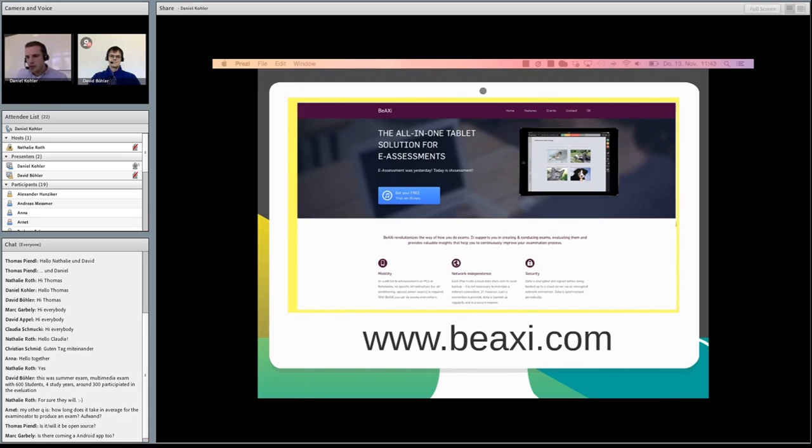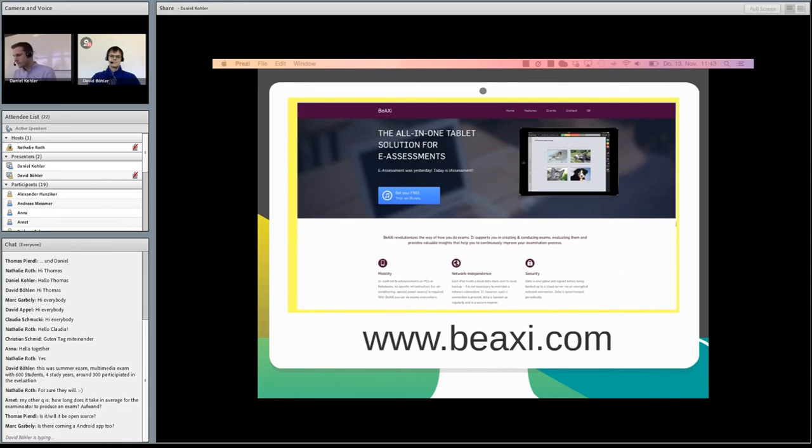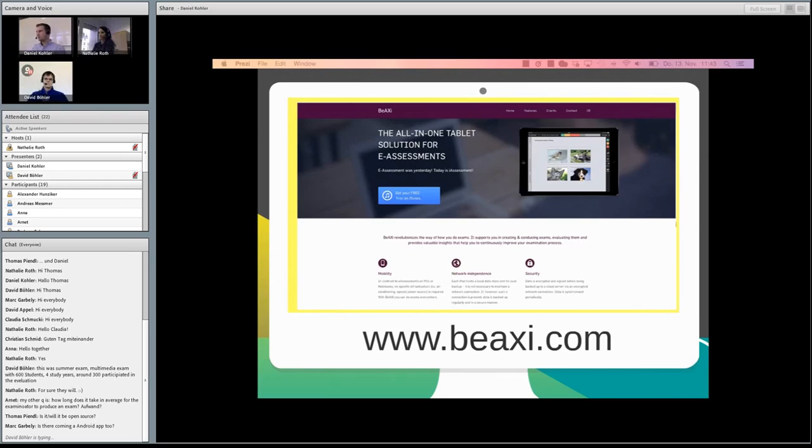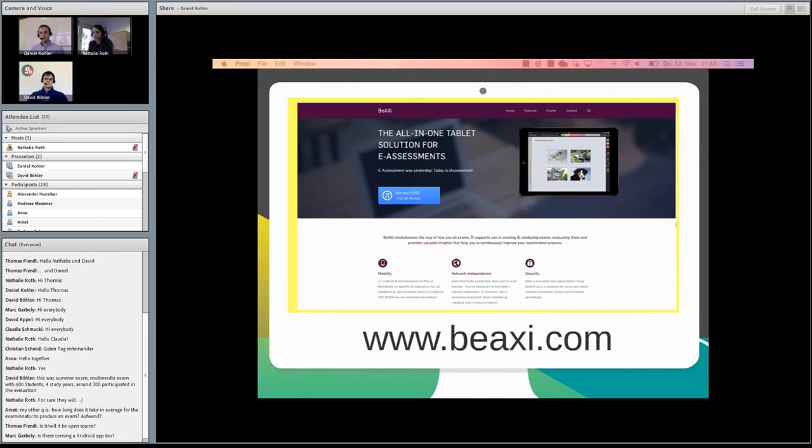Okay, I see here the question. Will it be open source? That's actually not planned. The thing is, the BeAXi iPad client was developed with project money from Switch under others, and that's why it's actually completely free for educational institutions.